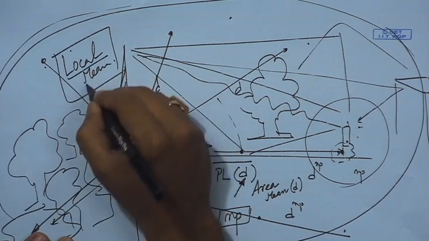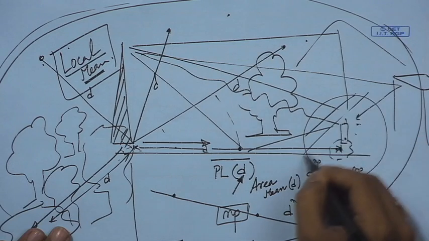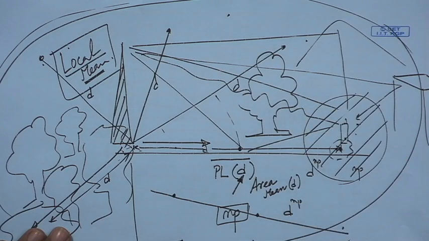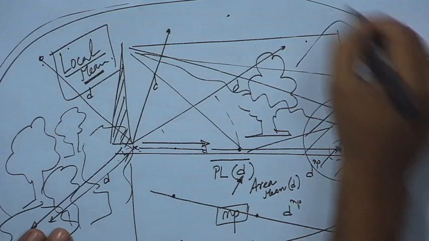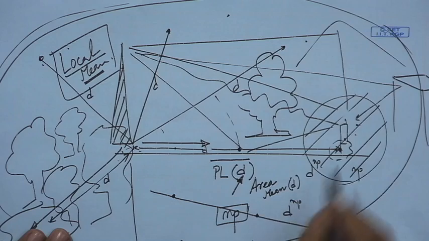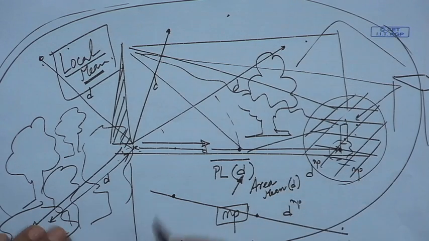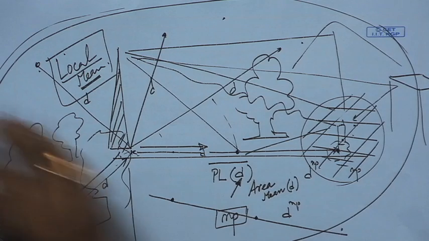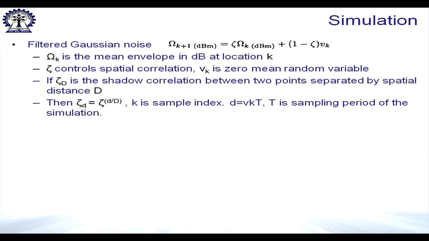Mean means averaging over a small area. That means, if the readings are averaged over this area, whatever value we get is being captured by shadowing. Whereas, if we average over the whole area, we get the area mean, which is given by the path loss. So, the moment you do average, there is a kind of correlation that is getting added. So, these shadow fading values would be correlated, and